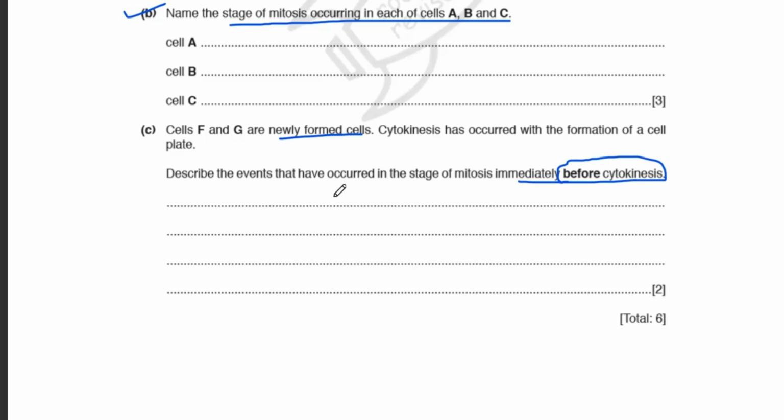What are you going to write? You are going to write about telophase, and you'll say, okay, your nuclear envelope and your nucleoli have reappeared. Nuclear membrane, by nuclear membrane I mean nuclear envelope. So your nuclear membrane or nuclear envelope will reappear, and your nucleoli will reappear. This is more than enough because you have stated two of the pointers. Okay, so you'll get 2 marks.